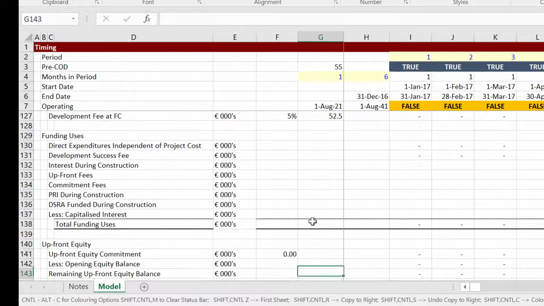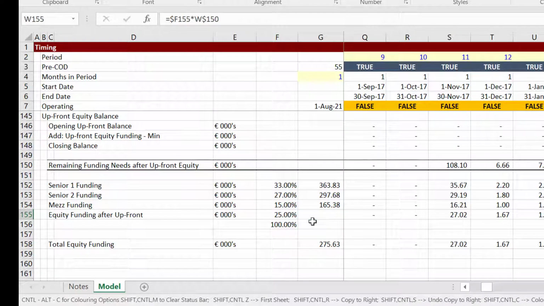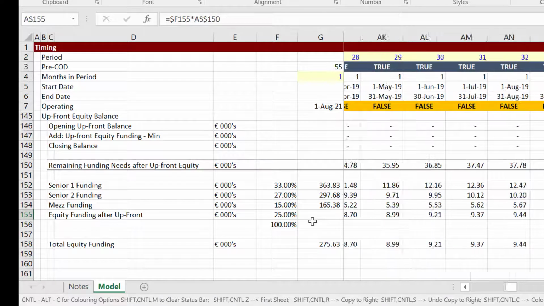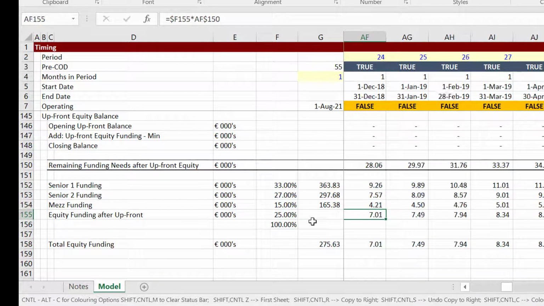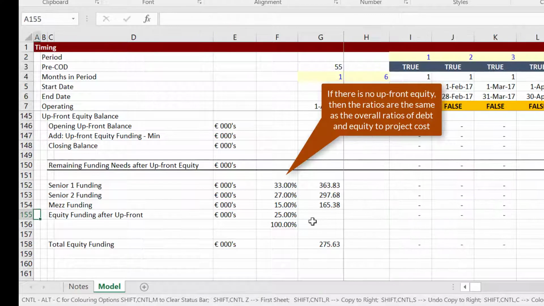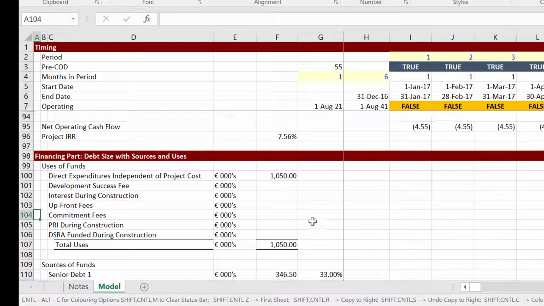And then we see, okay, well, we're just going to fund the rest of all of this with 25, 33, and then 25. So then we're just funding it purely on a pro rata basis. Okay, and if we put the funding of equity up front,